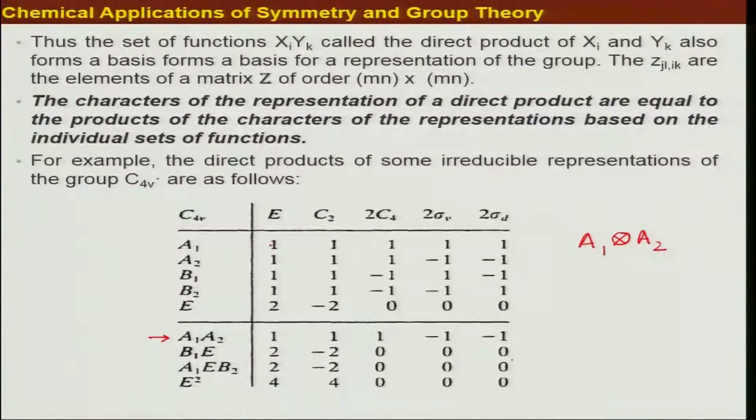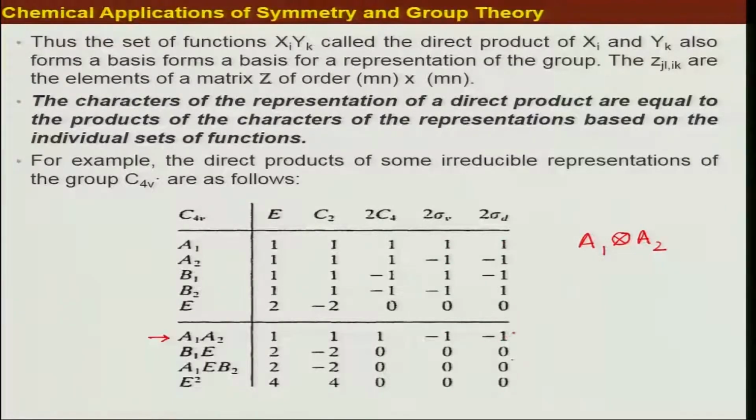So for example, if we want a direct product of A1 and A2, then I will have the product of this character and this character, both of which correspond to the same symmetry operation E, but we will not have any crosstalk between them. After this one-to-one product, we get another representation. So we get this here. It can be easily seen that 1 times minus 1 gives minus 1, again 1 times minus